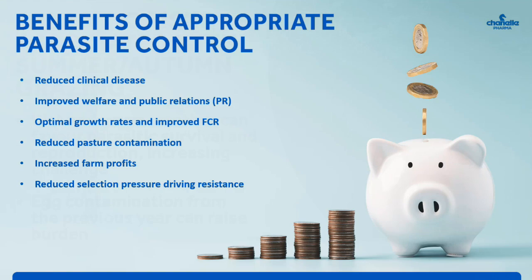So what are the benefits of appropriate parasite control, that optimal control strategy which we discussed previously? This is a big one. This is the why. Why do we need to do all of this? What are the benefits? It's crucial to be mindful of this, especially when considering return on investment. Managing and treating animals for parasitic infections costs time and money, so we need to be clear on the rationale for undertaking control strategies and be choosing the most favourable approaches to maximise that return on investment.